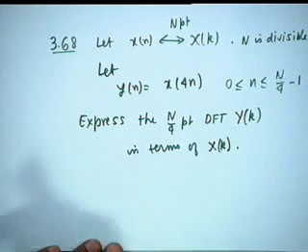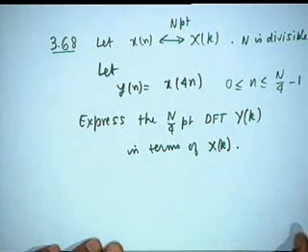Why will there be aliasing? Because y of n is of length N by 4 and we have to compute the N by 4 point DFT. Yes. Then why is there aliasing? We have already taken the compressed sequence. Then there will be no aliasing between y of n and Y of k. We can obtain y of n again from Y of k. Yes, y of n can always be computed from Y of k. Can you compute x of n from Y of k? That is the point. That cannot be done.